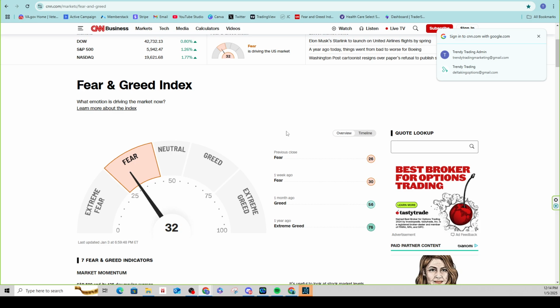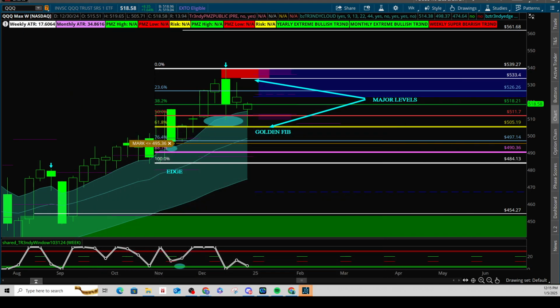And that leads us to the fear and greed right here. All right, so you'll notice that we are pointing at 32. We were at 34 last week, so there's a little bit more fear in the market, meaning that the majority of participants are starting to buy puts. And looking at some of these futures charts I'm about to show you, you can see how the market could bounce this week, or like most weeks, we see some more chop.